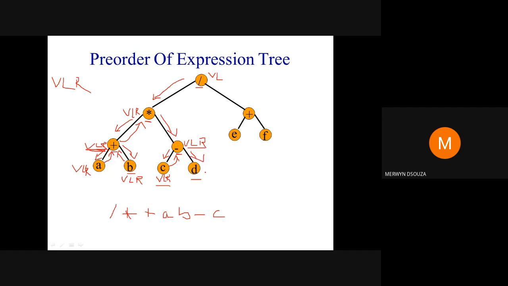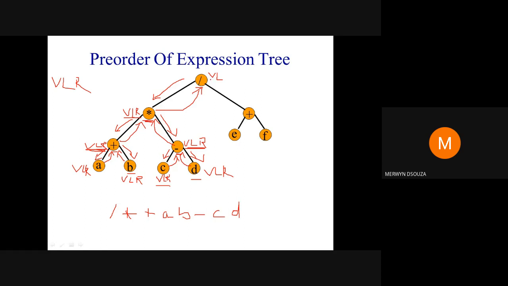New node. So what will you do? Visit. Okay. Then try to go left. No left. Try to go right. No right. Okay. Go back up. All steps are done. No steps are remaining. Okay. So go back up. Again, for this node, no steps are remaining. All steps are done. So go back up.